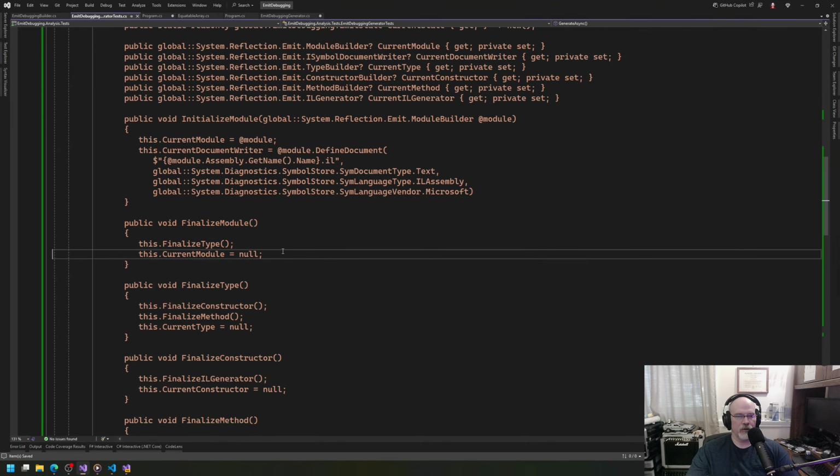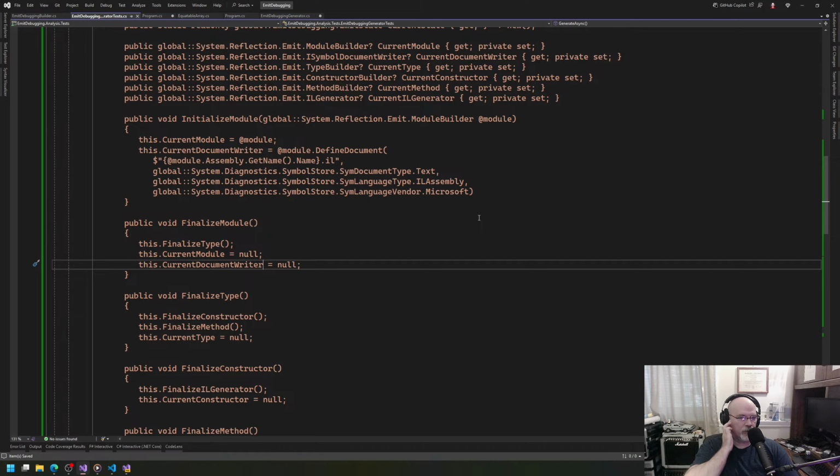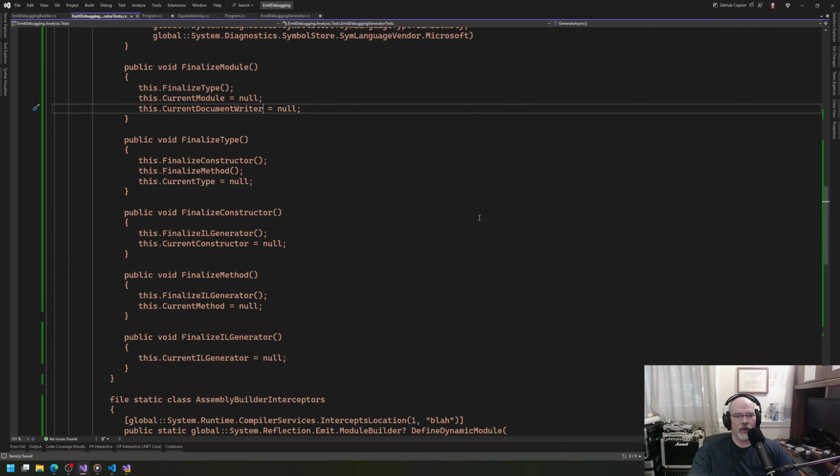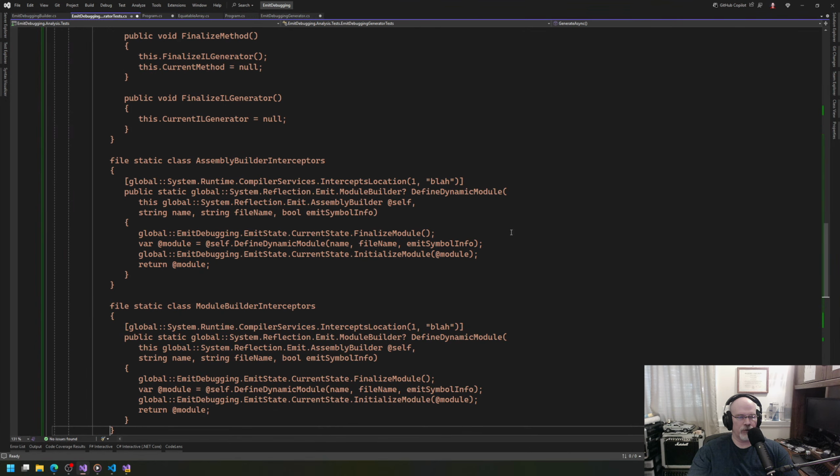So actually here we would want to say, because we are responsible for doing that as well. So now we have a symbol document writer. Okay. What about a module builder interceptor? Well, that can do things like,